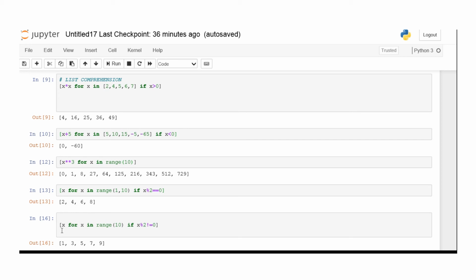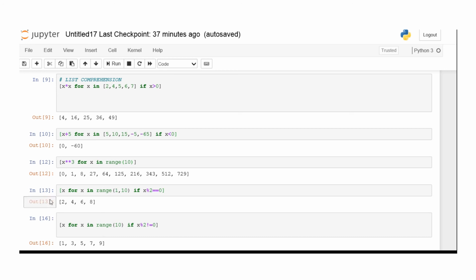In the same way I am printing all the odd numbers. Everything is the same, just the condition is not equal to 0. If the number is not divisible by 2, then obviously it is an odd number. Here we are getting all the odd numbers, and there all the even numbers. This is just an example for list comprehension. With a list you can use the range operator without an initial value, and here the range operator with an initial value. Range function or operator, you can say either; it can be used interchangeably.